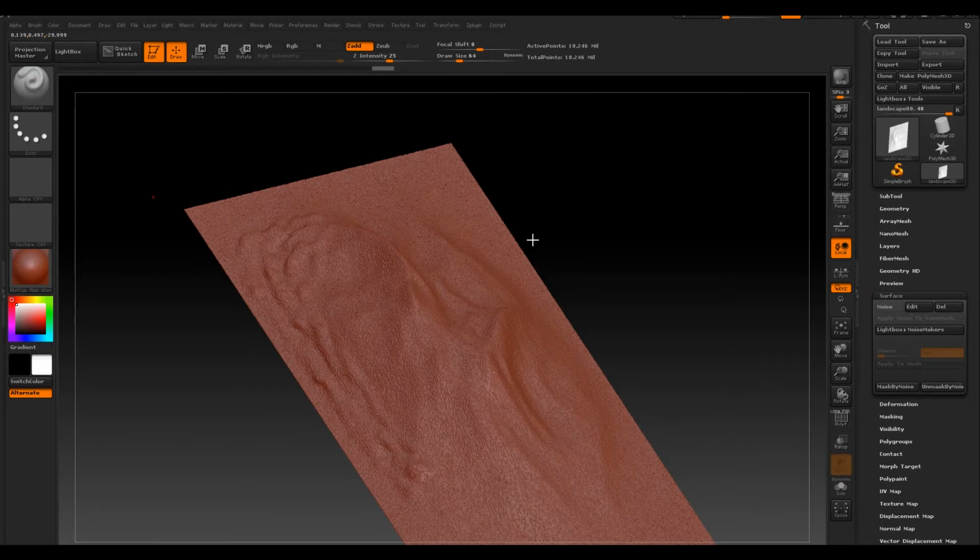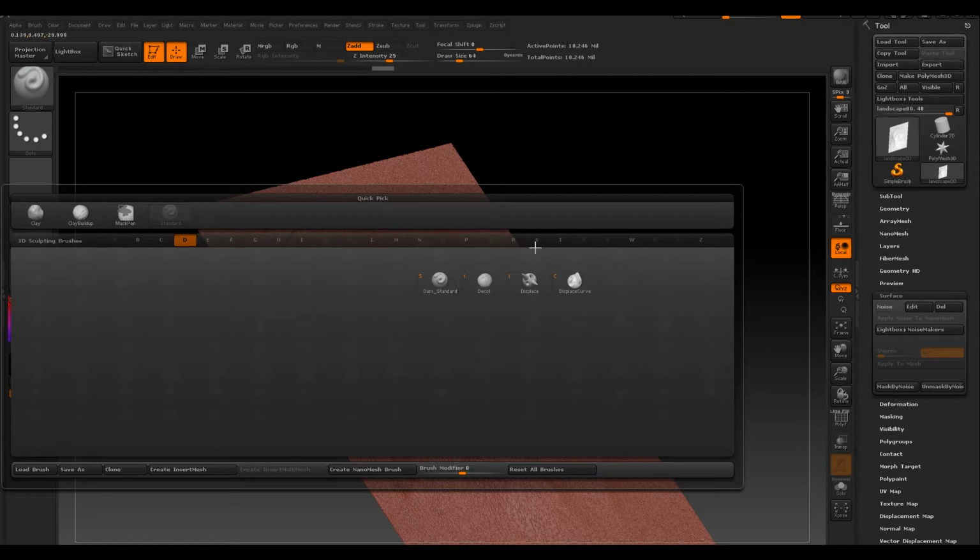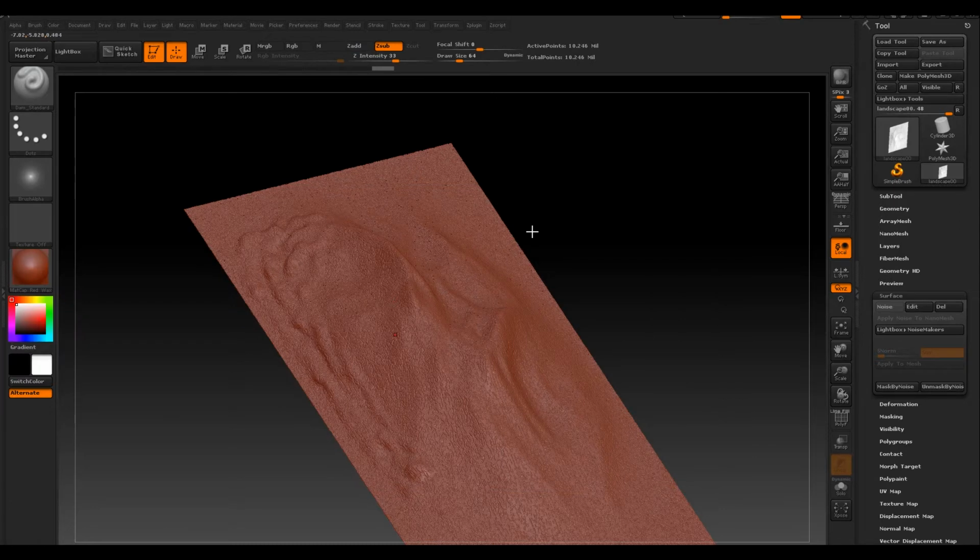But what we can do here is come through and maybe use something like the Dam Standard brush. So we can hit B, D for the D brushes, and then hit S right here to bring up the Dam Standard brush. And we can come in and maybe increase our size a little bit. Perhaps grab the Wacom pen here for some variation. Bring up the Z intensity, and we can just go ahead and start to paint in some ridge areas here